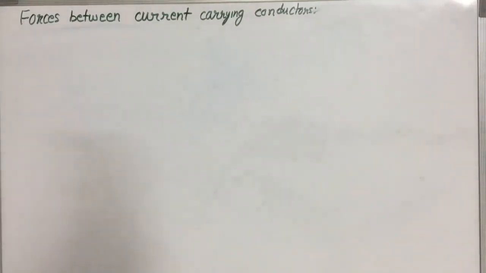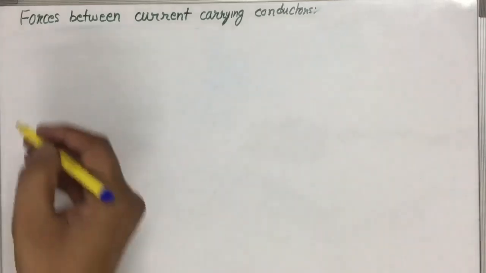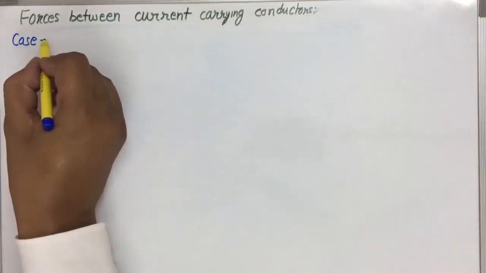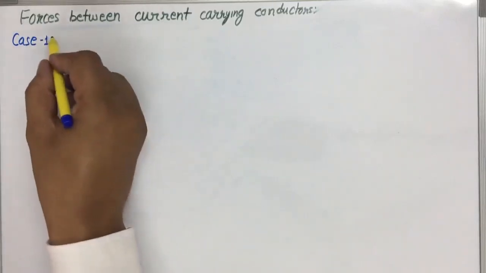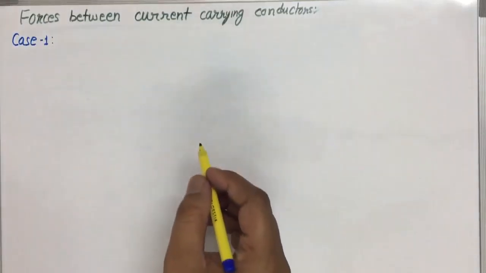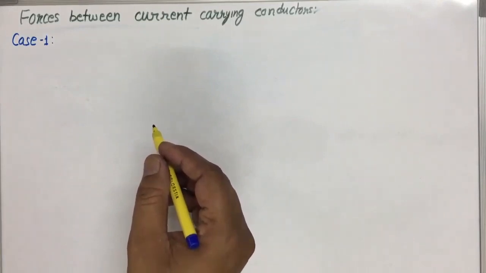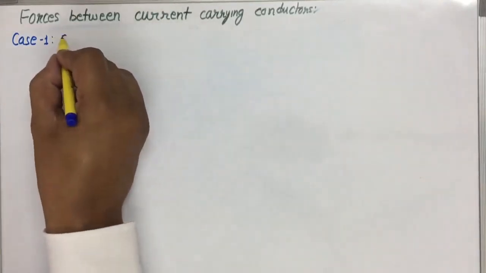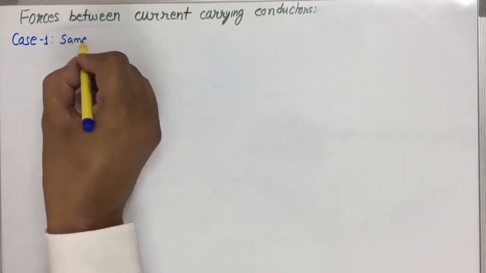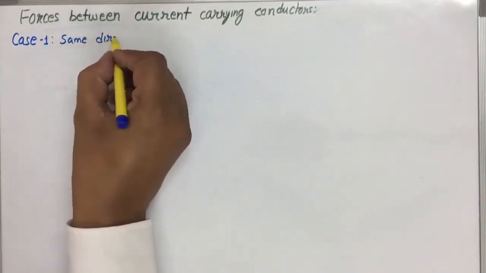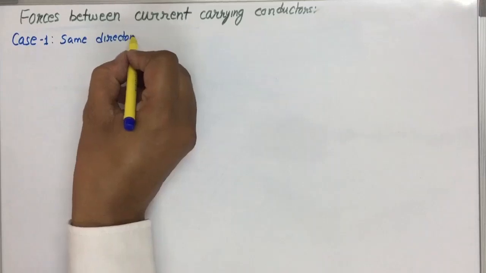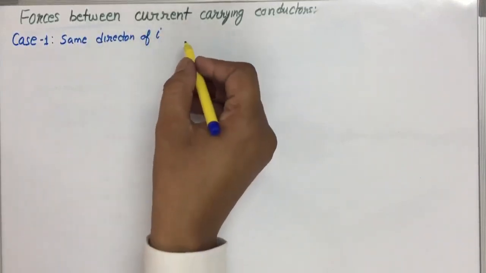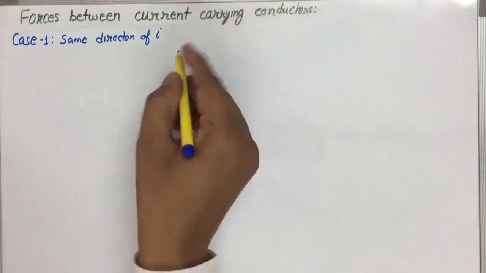Okay, so to discuss this we will consider two cases. In case 1, we will consider that two current carrying conductors are placed and in both of them the current is flowing in the same direction. So the same direction of currents. So we can consider this, and for that purpose